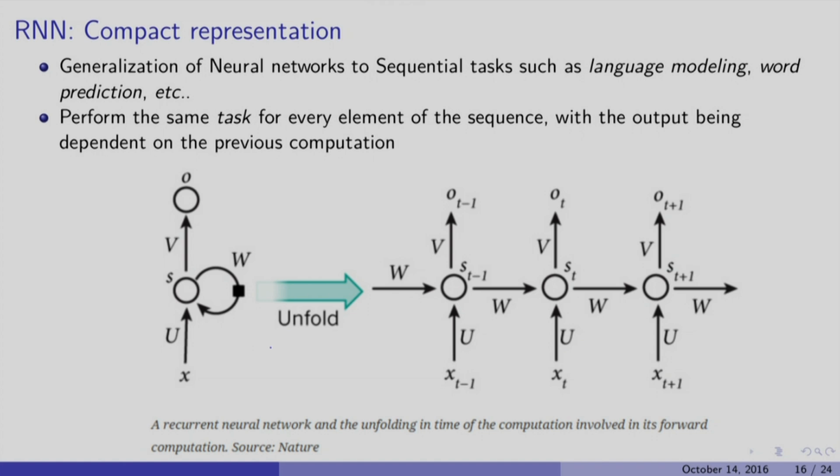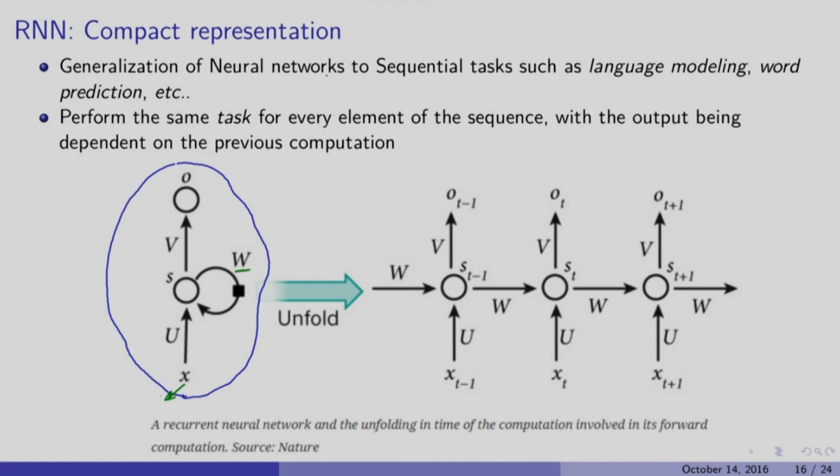So, here is the compact representation of the neural network that we have been interested in. On the left hand side, what we have done is encoded this temporal dependence, or dependence with respect to the structure, as a self loop on the perceptron. So the self loop says that the state at the next iteration depends on the state at the previous iteration, and the influence is through this weight W. Of course, the state at the next iteration would also depend on the new input.